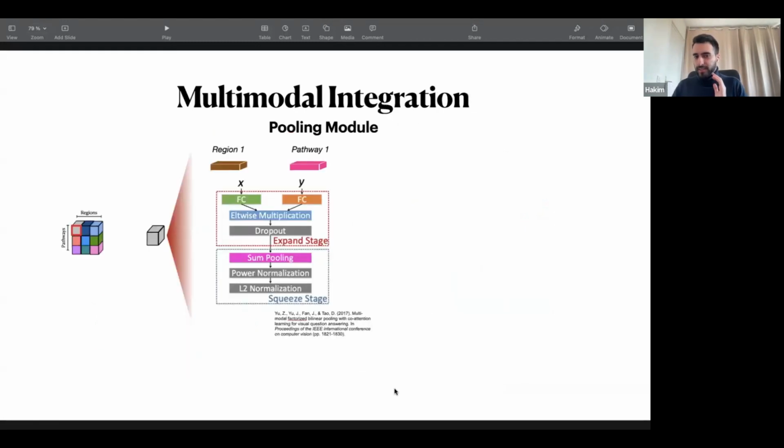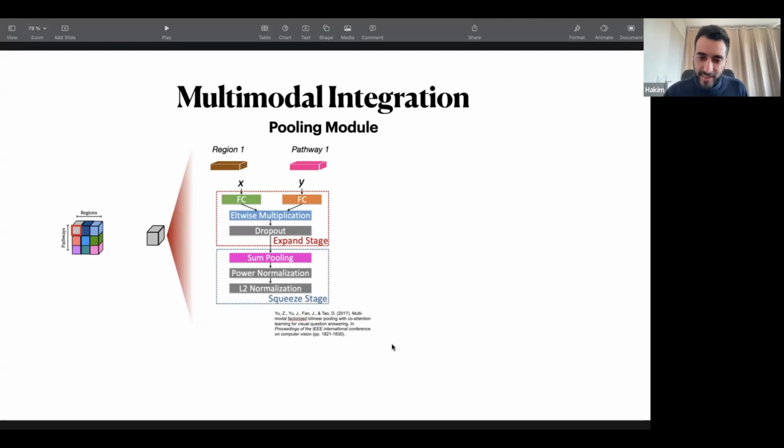So for the multimodal integration part, the most crucial thing is how to compute this block that gives the interaction between a pathway and the region. Here we took inspiration from an old paper that did the same thing for visual question and answer with a quite light model. We wanted to keep the model light